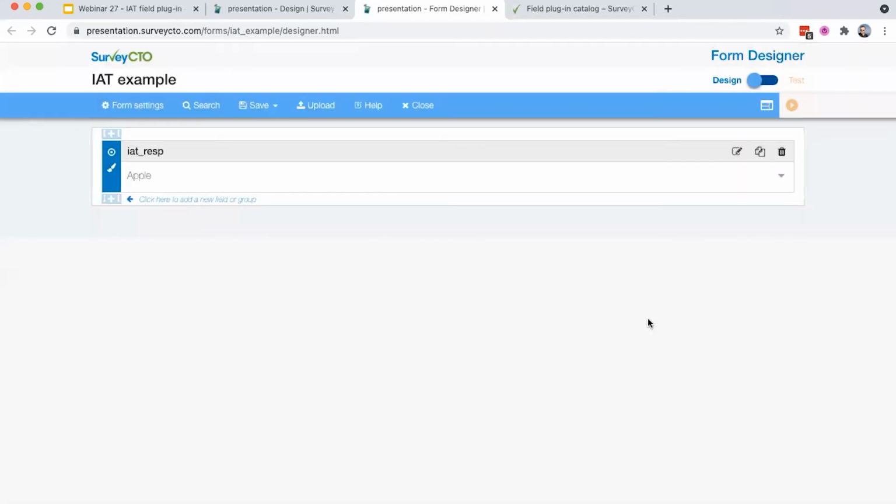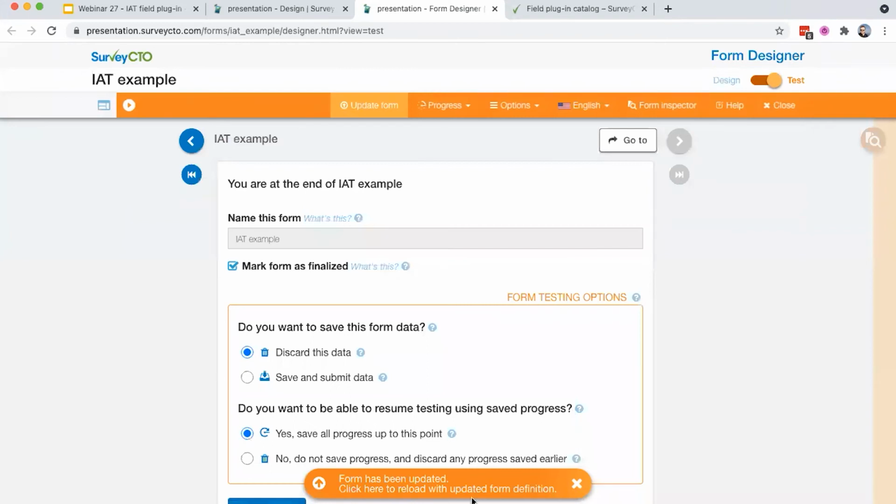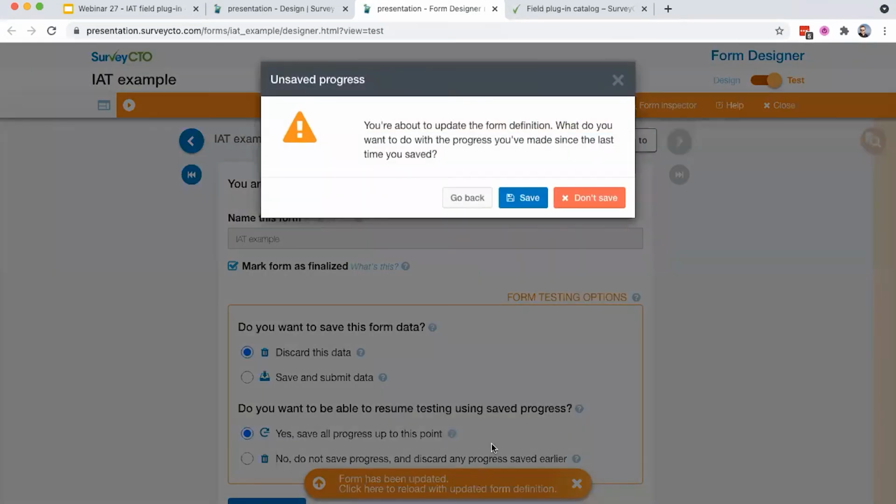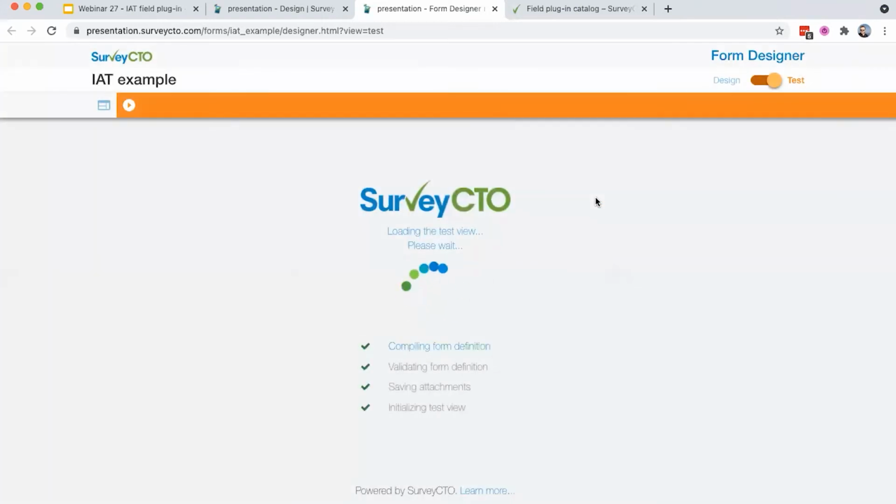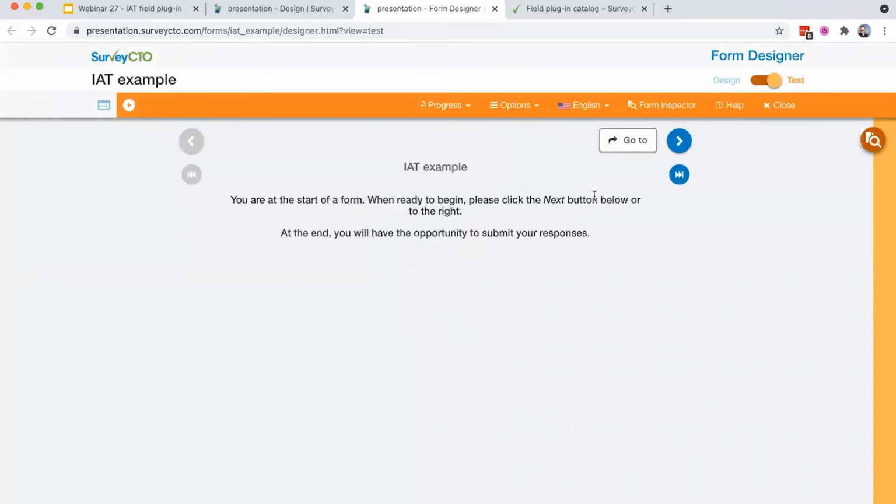Let's test the form to make sure it works well. So I'll click the toggle switch up here. The orange bar at the bottom means the form has been updated, so I'll click it. I don't need to use the data I already entered, so I'll click Don't Save, and the form will reload with a new version. All right, we're back at the beginning, so I'll go to the first field,